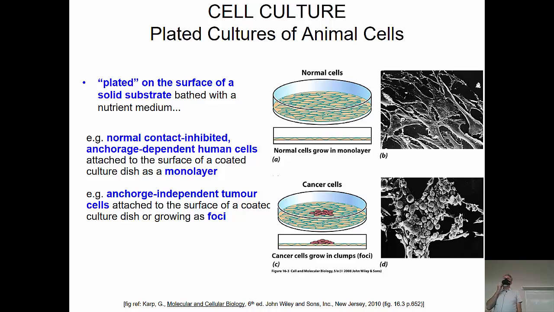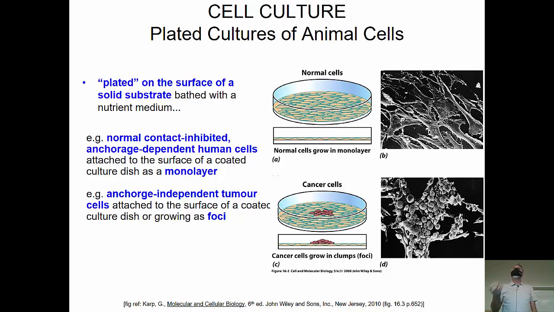And this is normally going to be plastic. And so we grow these on plastic or in plastic culture flasks or dishes. And those dishes, the surface of them for many types of cells has to be treated. There has to be something that allows the cells to stick. And the cells have to stick in order to survive. And so there's different ways we can treat the surface, but one of the ways that's quite interesting is that